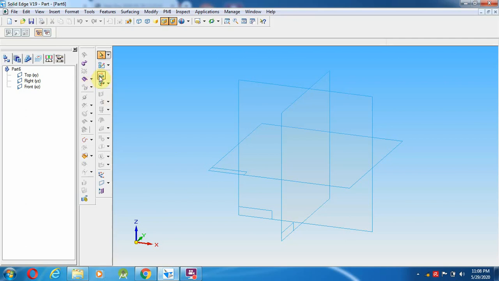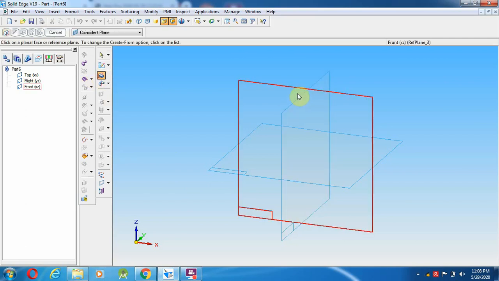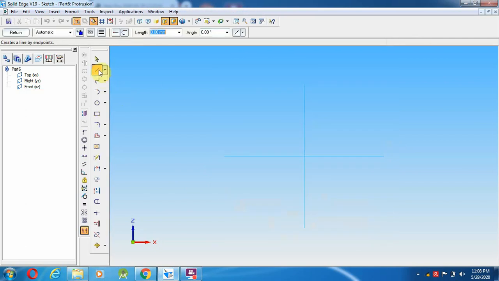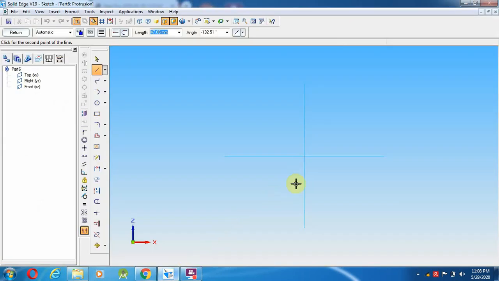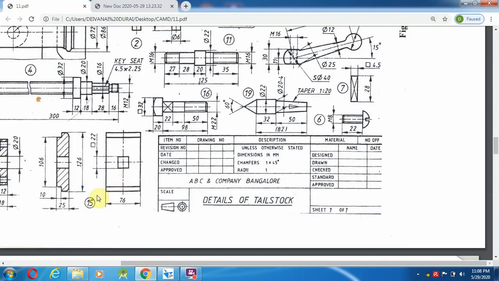So these things, we are going to select protrusion, select a line from here to 106. 106 means 53. 53. Enter. This one moves towards height 53.